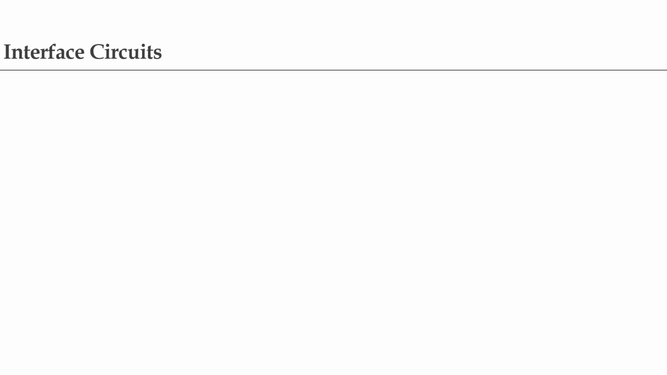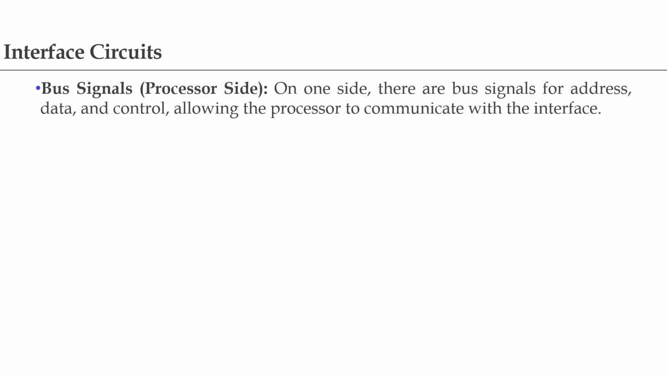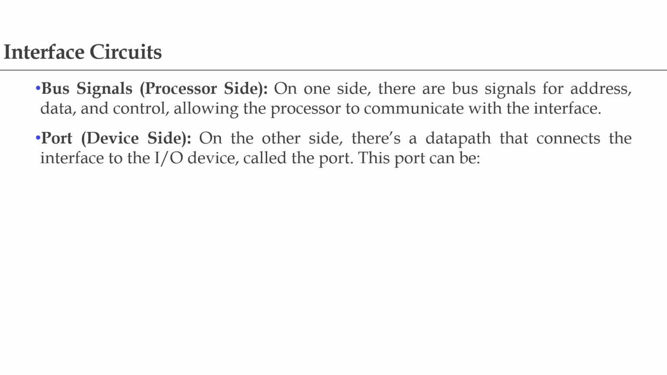The input-output interface connects the processor and the external device with different types of signals on each side. On one side of the interface, there will be bus signals for address, data, and control. On the other side, there will be a data path with its associated control to transfer data between the interface and the input-output device. This side is called a port, and it can be classified as either a parallel or serial